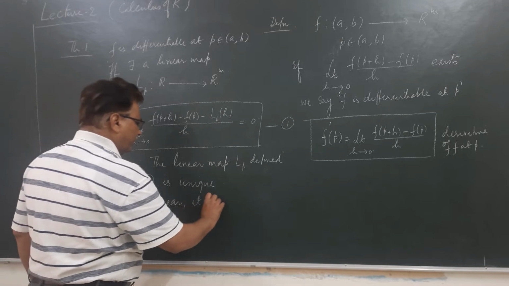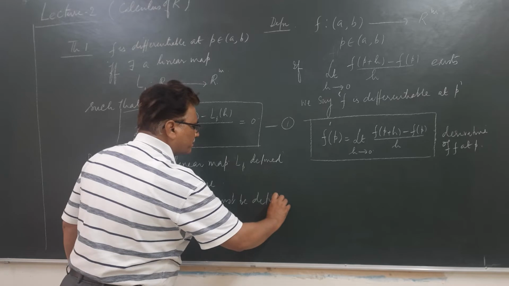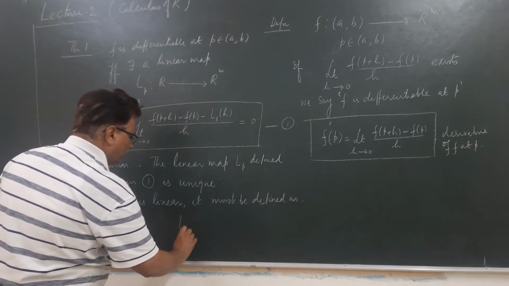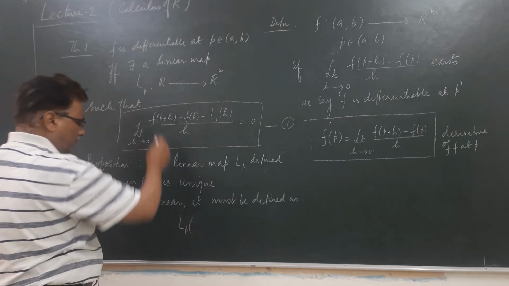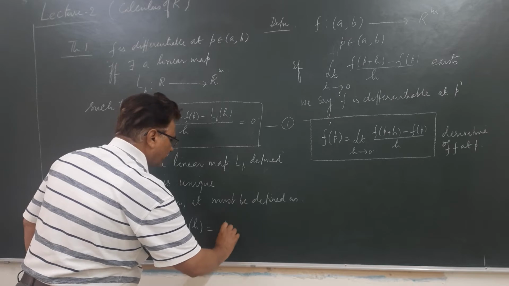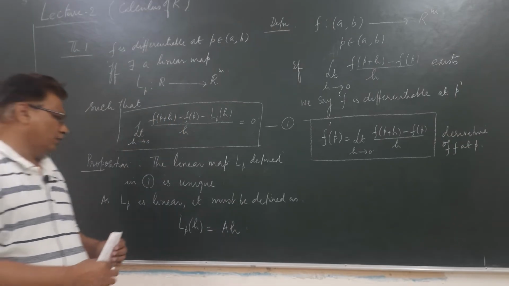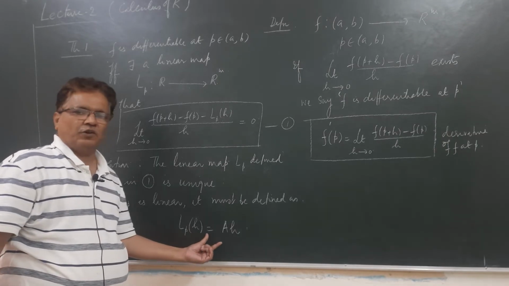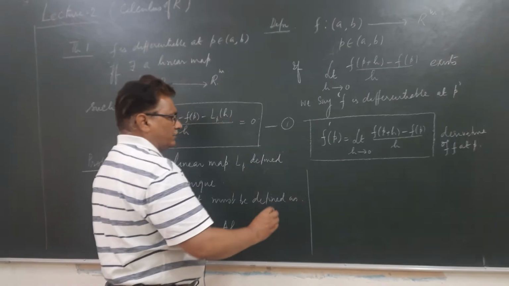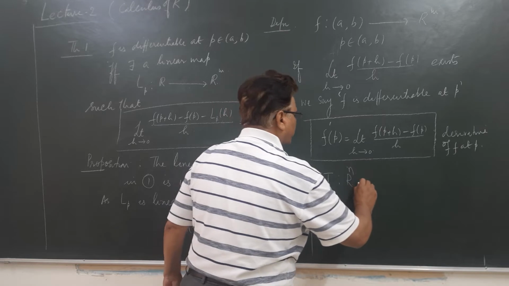It must be defined as L_p operating on some real number, say h, is equal to some A into h. This is how a linear map is always defined. I emphasized this thing in my last lecture also. Whenever you have a linear map from Rn to Rm,